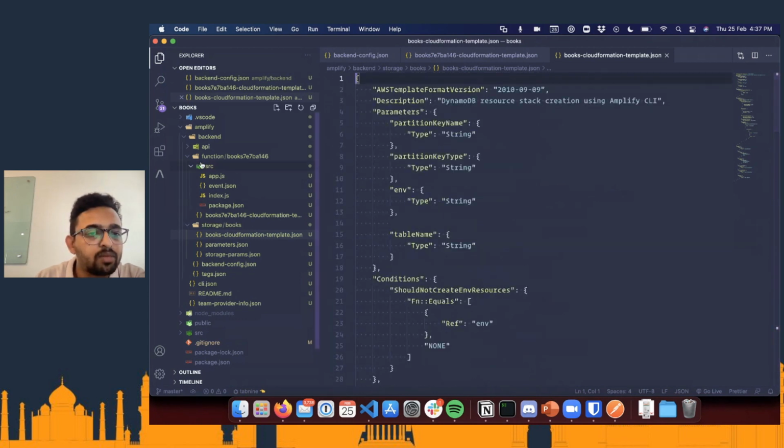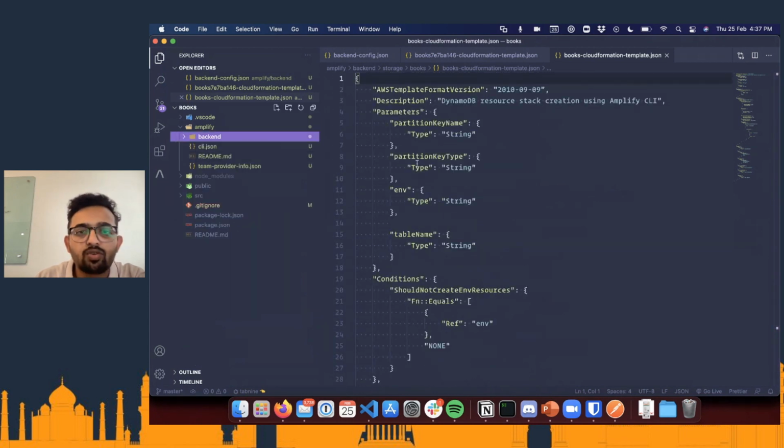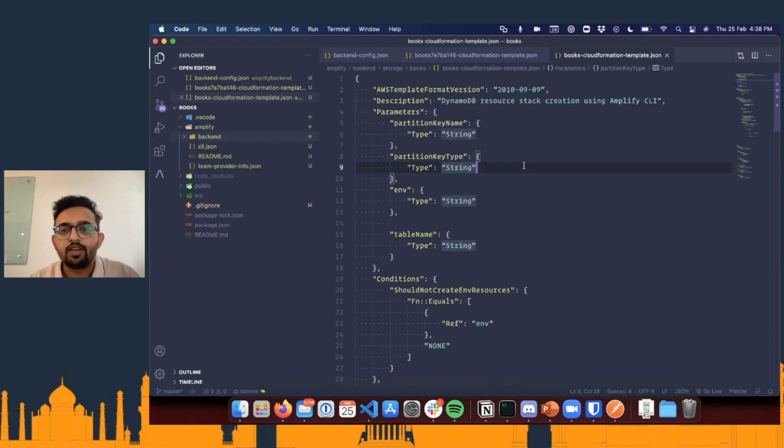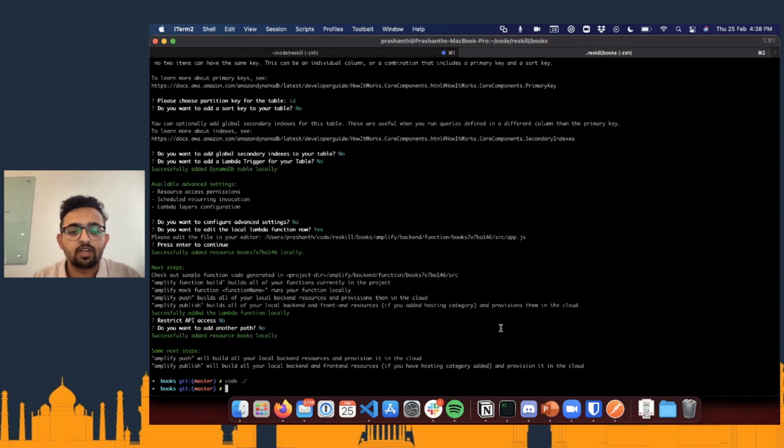But one thing to remember here is it is only generated in our system right now. So all of these files are here, but the resources in the cloud have not been created yet. I'll show you that. So let's do amplify status.